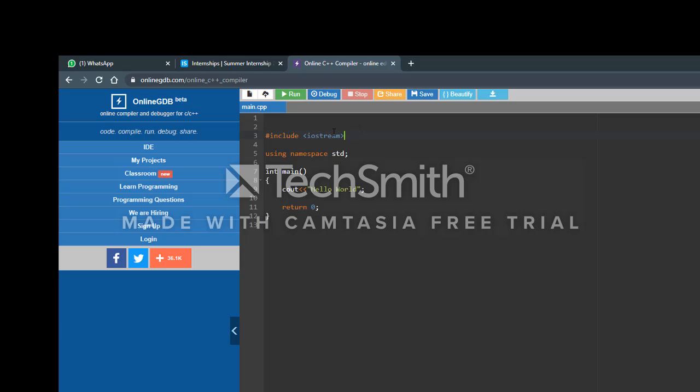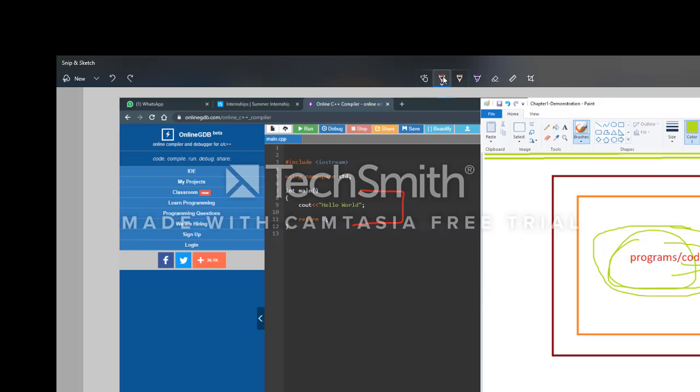There is something like iostream. What is this? Using namespace std. And what is this? cout. And what are these braces? I'll brief you in a minute. This orange, this yellow part is the header, and this red part is main. What is the difference between these two? We'll be learning that in the next chapter. But for now, for the sake of understanding, just get to know that this red part is the main part where you will be writing the code.